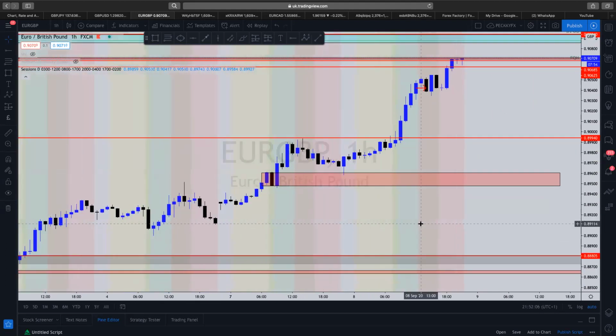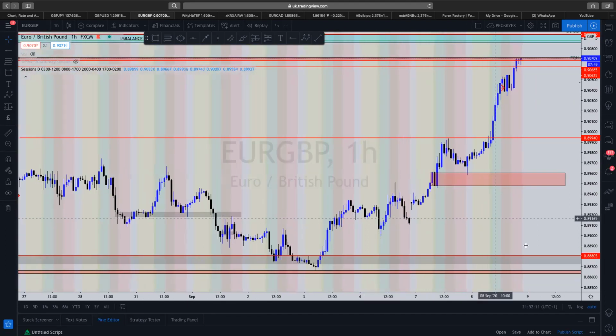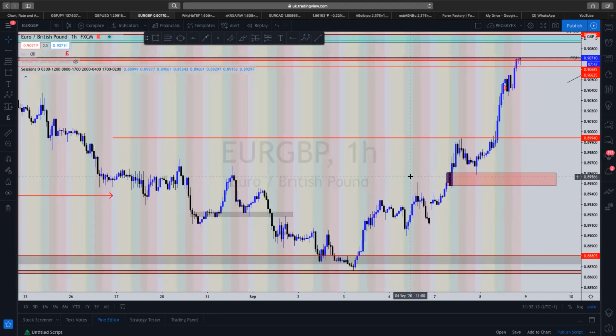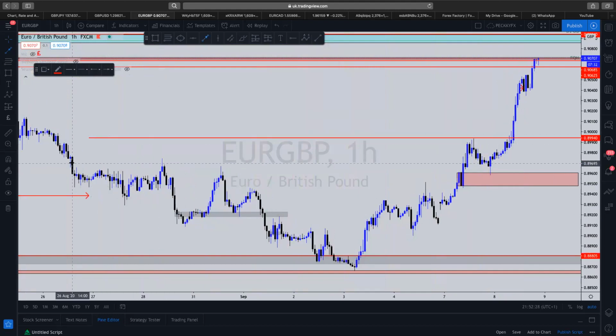I put this trade, but something happened. It didn't pick my entry, because I had a clear BOS over here. Let me remove my sessions again. I had a clear BOS here. Okay, I had a clear BOS up here. You see,